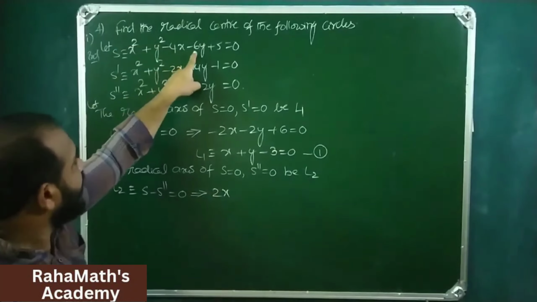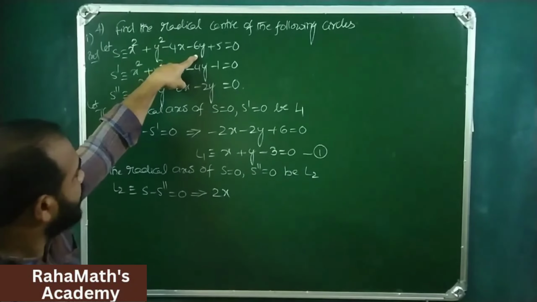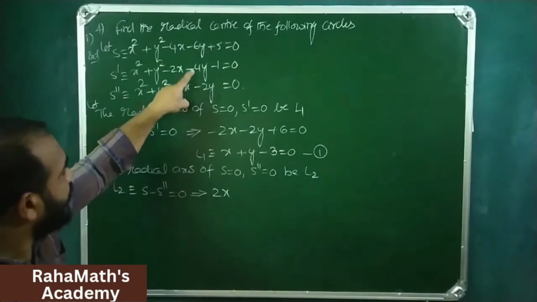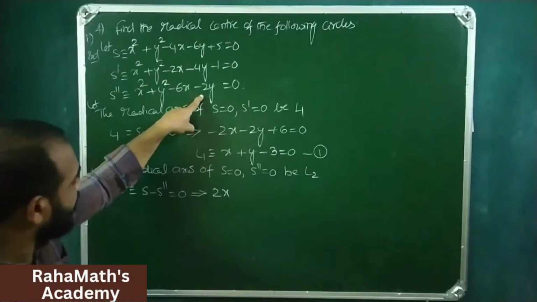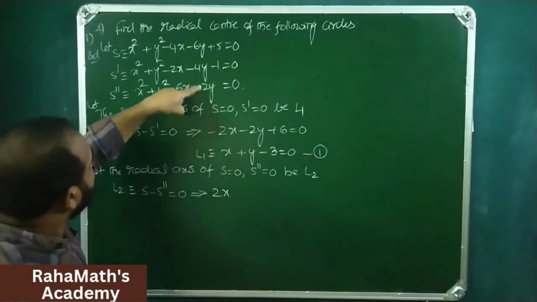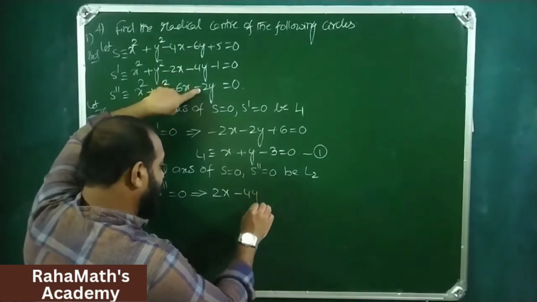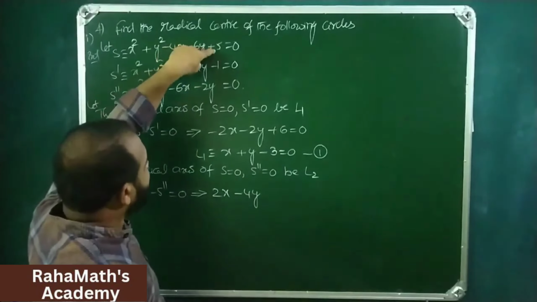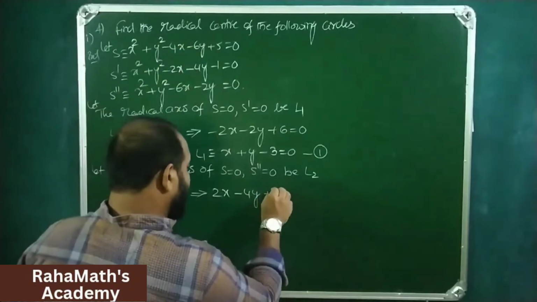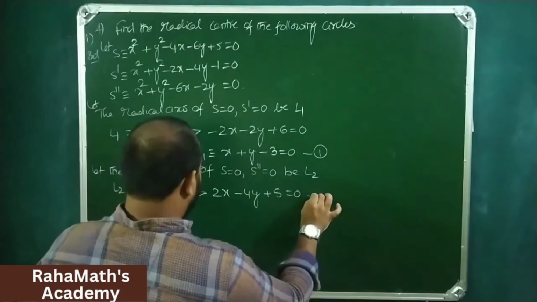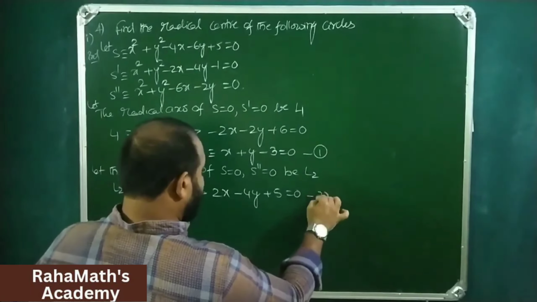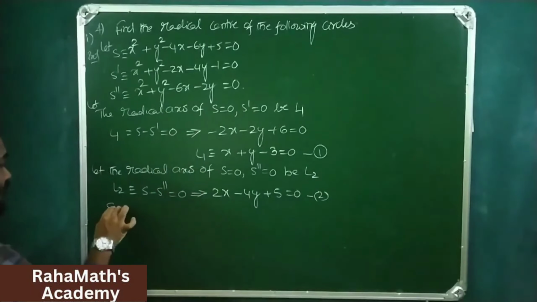Next, here minus 6y plus 2y is minus 4y. Here 5, there is no constant, so 5 equals 0. Let us suppose that this is the second equation. Solving,